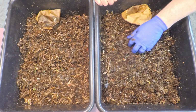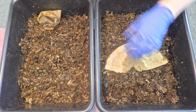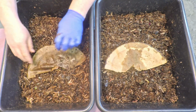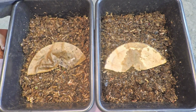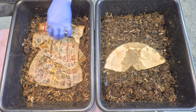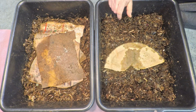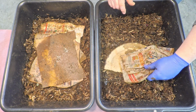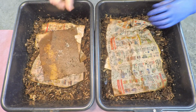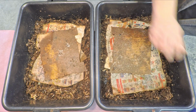So I did think about all those other top coverings that we have in these systems here. A little bit unusual for us to go beyond putting out perhaps a feeding zone indicator and a top covering of newspaper like so. But in here we've even gone so far as to include yet another layer of cardboard for some reason. So perhaps the next time, since these pieces of paper are starting to show their age. This one here is holding up pretty good, but that one is full of holes and everything, so maybe these pieces of newspaper will get promoted next time too, rather than sitting out here on the surface,